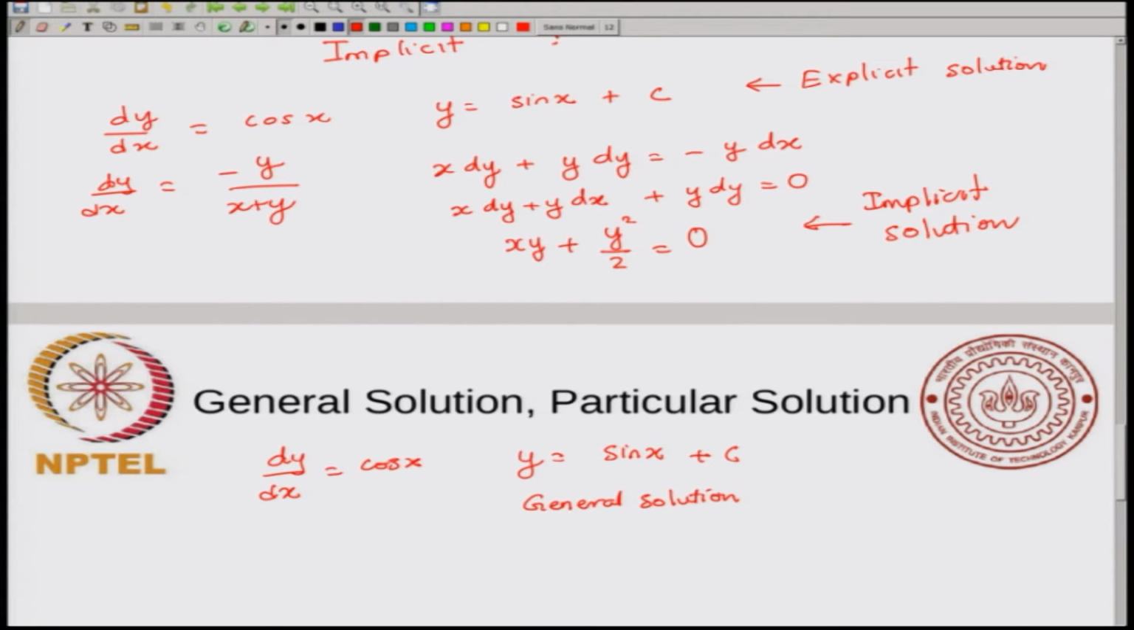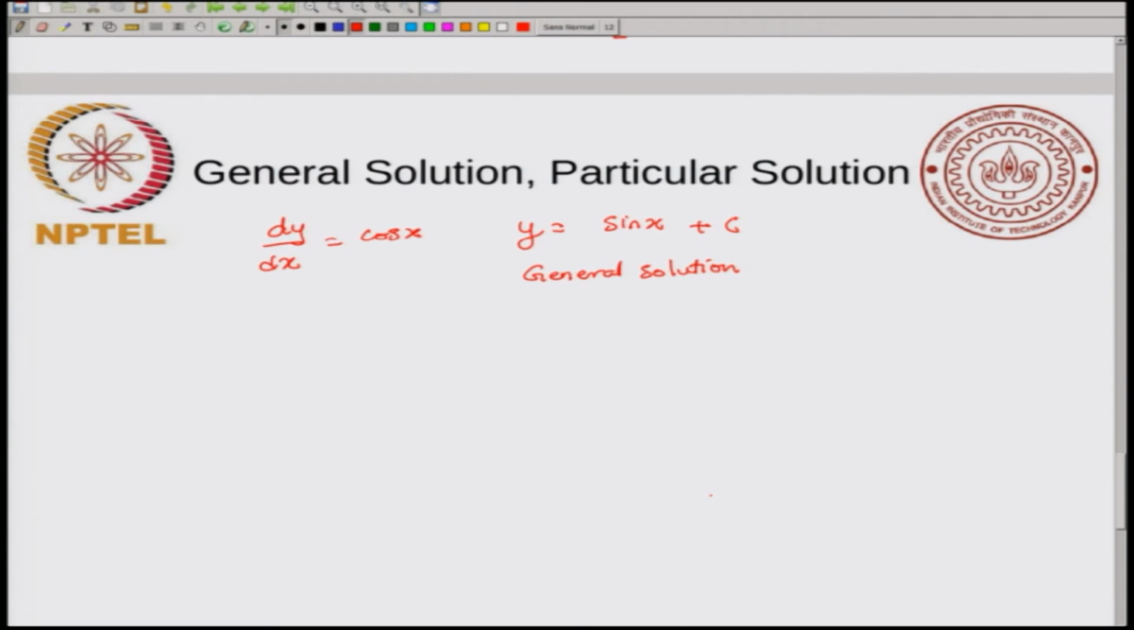On the other hand, if you have a solution that does not have any arbitrary constant, then you call it a particular solution. So, a general solution has an arbitrary constant. Now suppose I take the same differential equation,